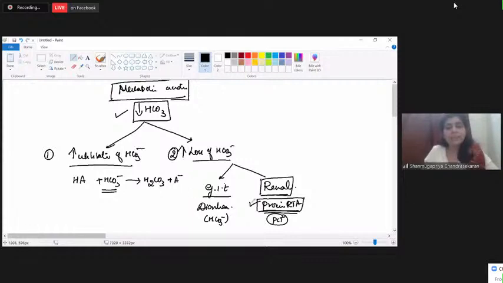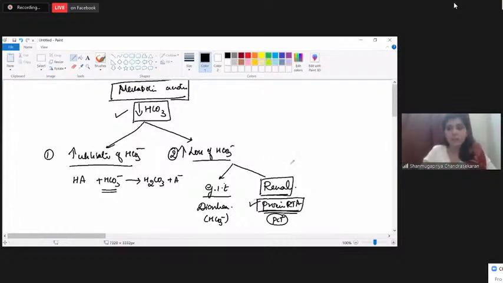So these are the categories of causes of metabolic acidosis. A quick recap. Metabolic acidosis is a decrease in pH that is caused by a decrease in bicarbonate. Decrease in bicarbonate can happen in two scenarios. One is increased utilization of bicarbonate, which happens whenever an abnormal acid is generated in your body. Or it can be lost from your system, by one of two routes: GIT or kidney. GI loss of bicarbonate happens in diarrhea. Renal loss of bicarbonate happens in renal tubular acidosis.